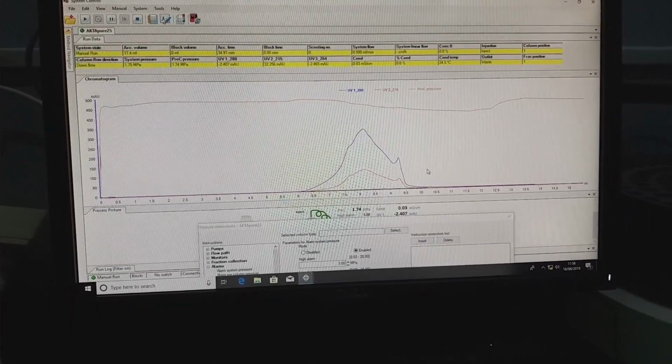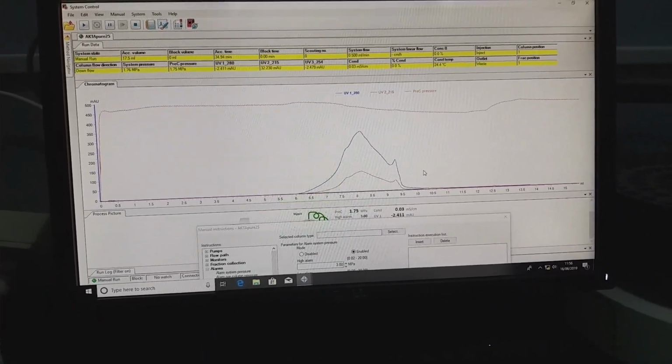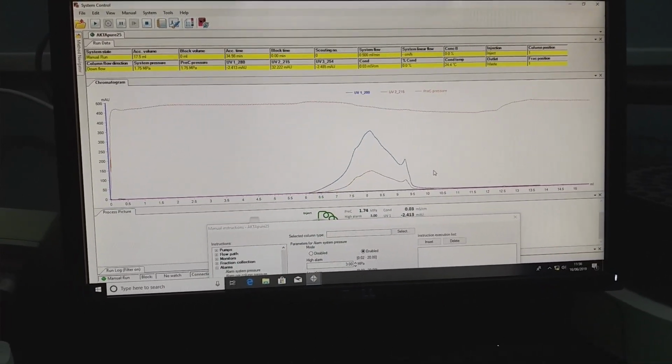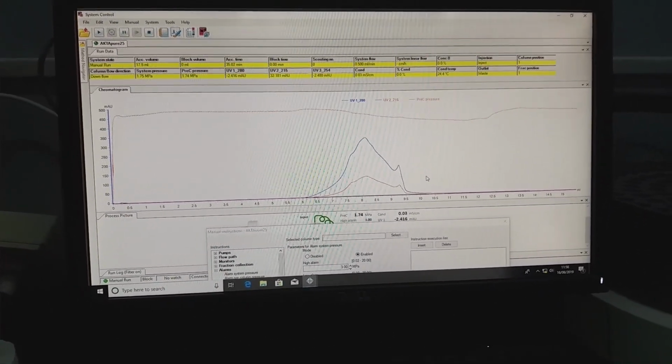So once this is finished, we have to run another column volume of buffer to remove any other proteins, and after that we will keep it in water to remove any kind of salts if present. Then we will keep it in 20% ethanol.